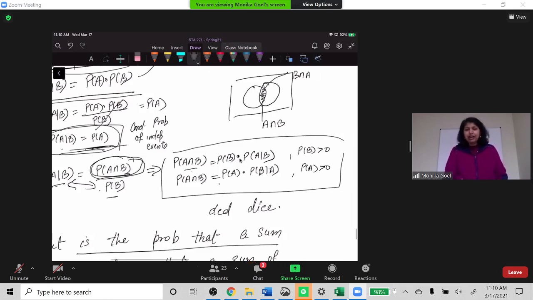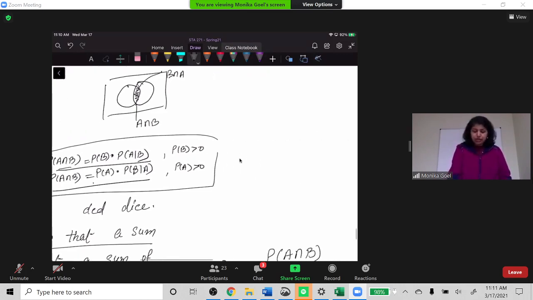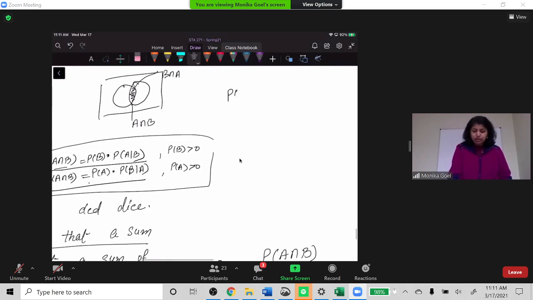And again, we don't need to memorize this. If we know the conditional probability rule, this rule comes from there. So if we know these two things, we can find this. And why do we need to find the intersection? If we are talking about the general addition rule, the general addition rule that we work with, the probability of A union B is this.